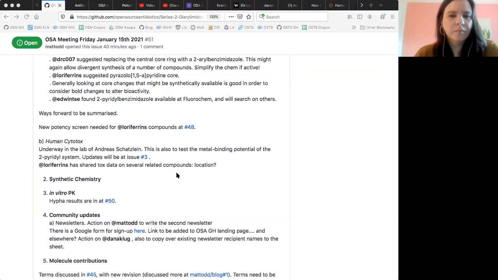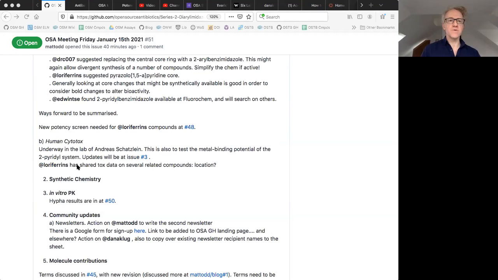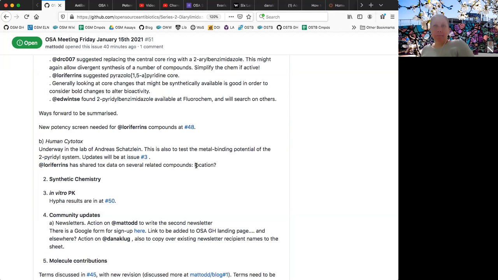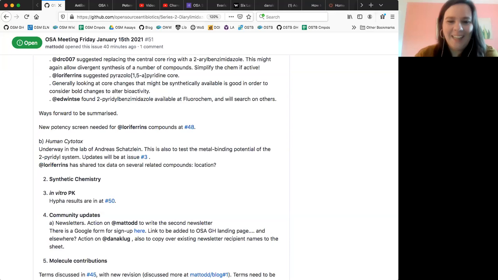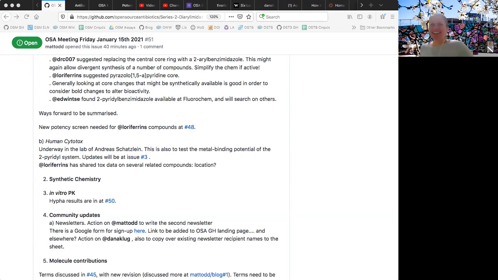Fine. Okay. Awesome. And there was just this note about the tox data on your compounds, Laurie, and what we learned from that. Am I behind the times there? Is this already done, or have we? Because I still don't remember thinking about that. I guess it's somewhere, right? I'm pretty sure I sent it to you, Dana. Fine. Okay. I'm pretty sure you did too, but I can't remember if I put it on GitHub or not. Sorry for being a bit of a stickler.